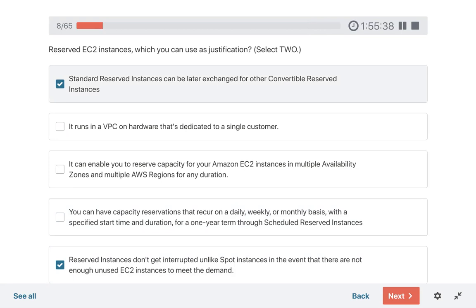Or we should go with this, in multiple availability zones for any duration. I don't think it is for any duration. It is for 1 year and 3 years. So this does not seem correct. You can renew and